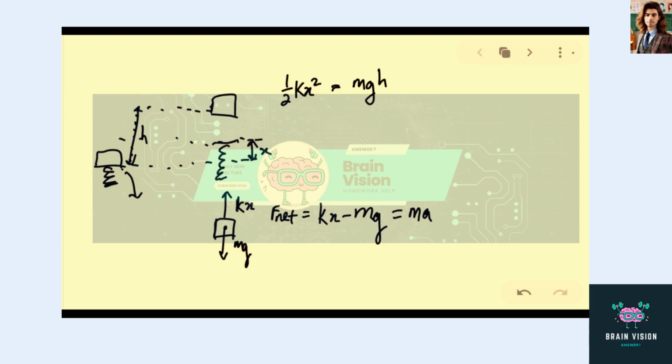which we can rearrange to get this equation, bringing the mg over to the right, then dividing by k, we get x equals mg plus a over k. So we can square this and substitute this into our first expression, and we get half k times